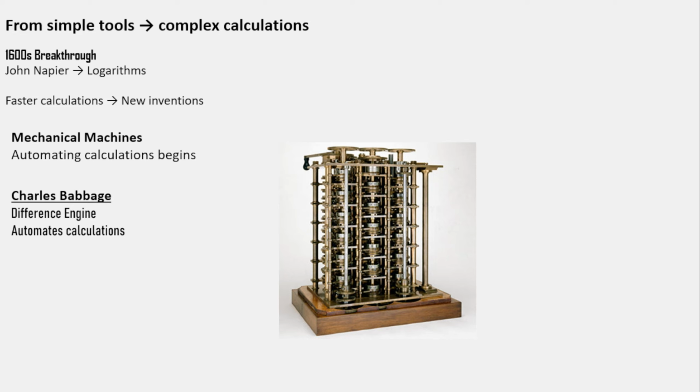The invention was extraordinary, but in reality, building it became a disaster, right? It was a difficult task and the machine was expensive. The design kept changing, progress slowed down, right? Eventually, financial support disappeared, and the machine was never fully completed